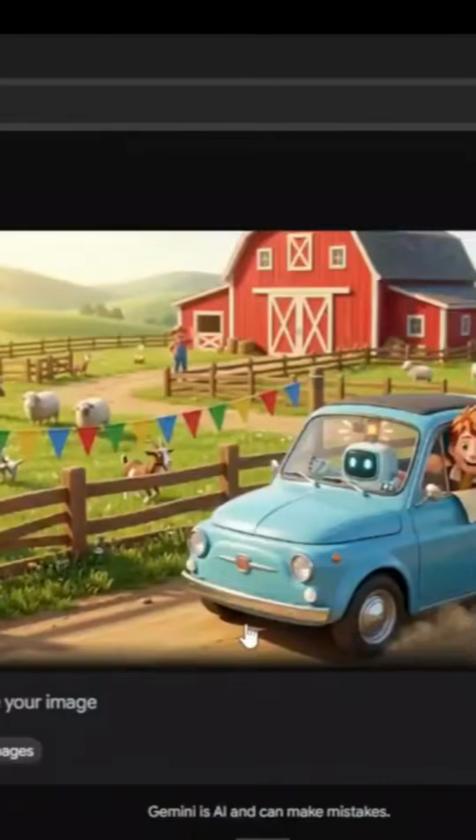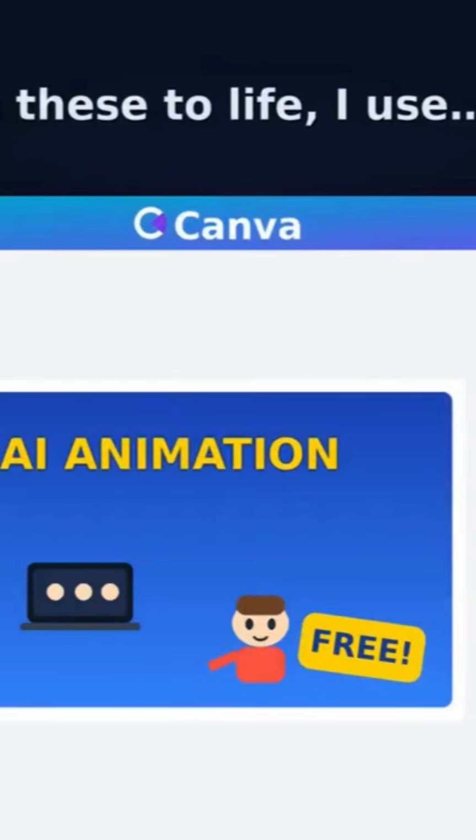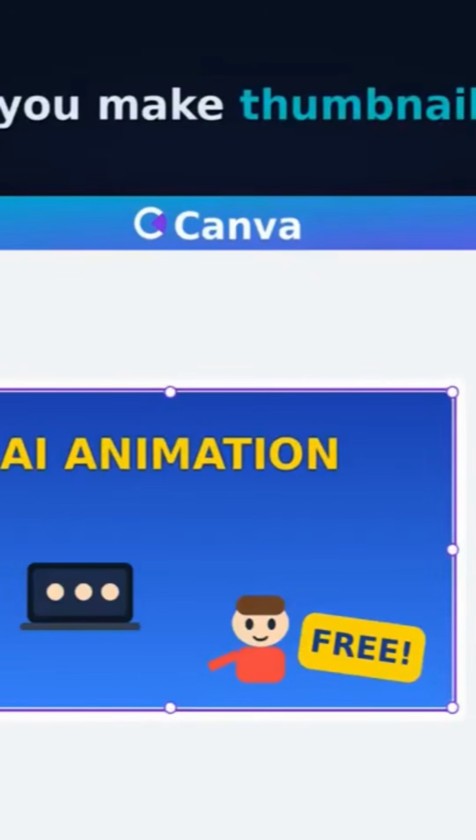All right, now the part I promised you, the part that genuinely surprised me. To bring these images to life, we're using Canva. Yeah, Canva, the same app you make your thumbnails and posters in. Most people have